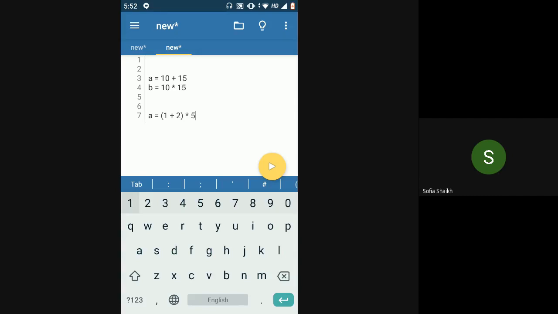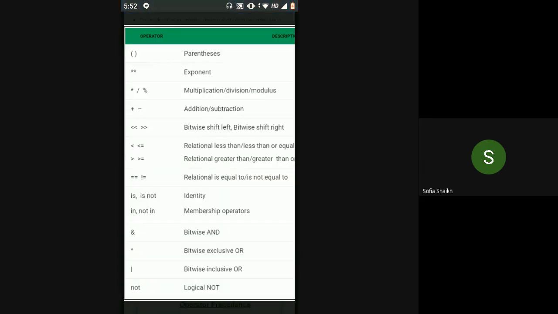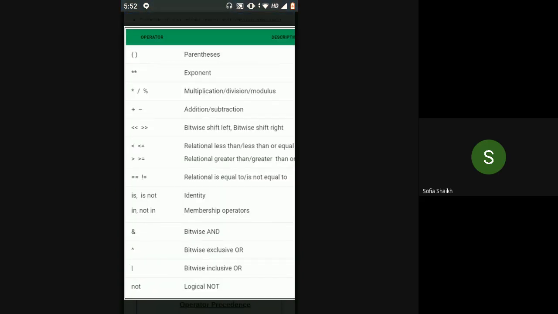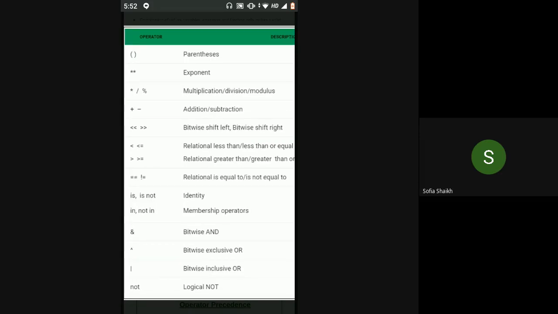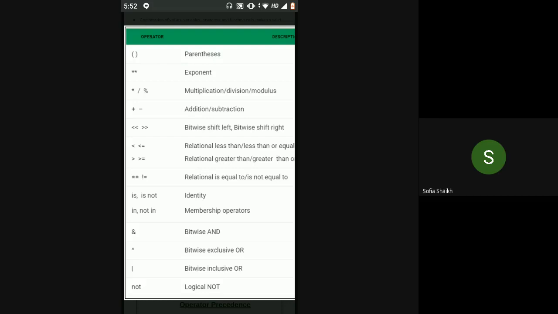Whenever you put a parenthesis, an open and close round bracket, surrounding any operator, that operator will have precedence, which means it will be performed first. That statement will get evaluated first, and then the others will be evaluated according to BODMAS. So, same thing: parenthesis has the maximum precedence, then we have exponent, then multiplication, division and modulus, subtraction and addition. I think this is all what we know already.